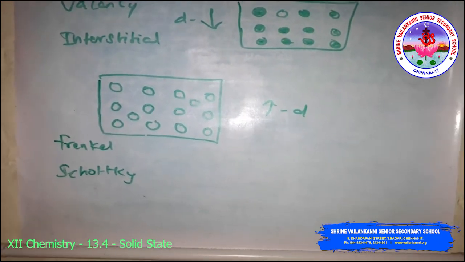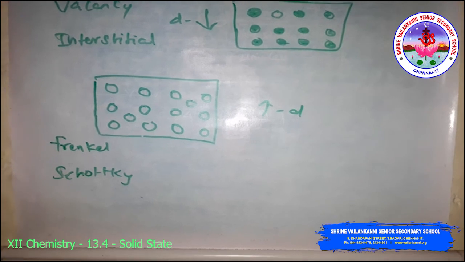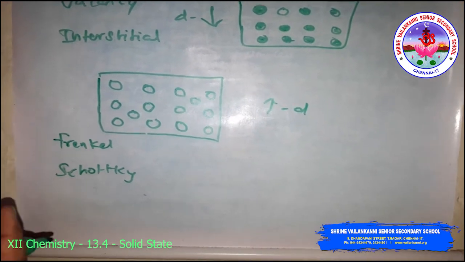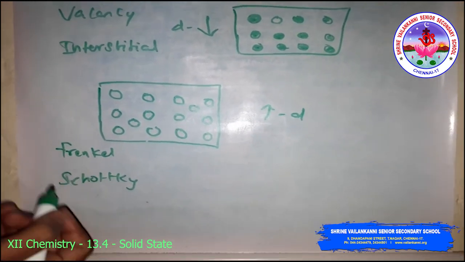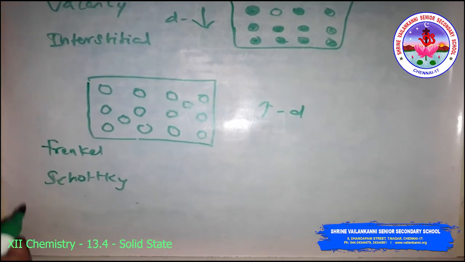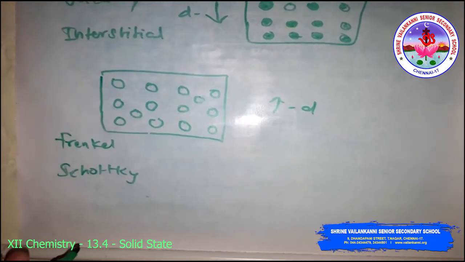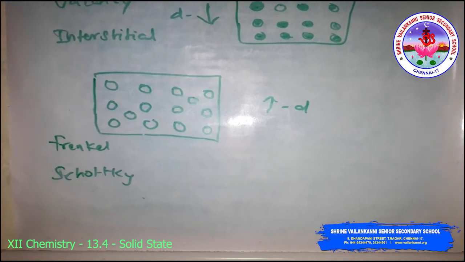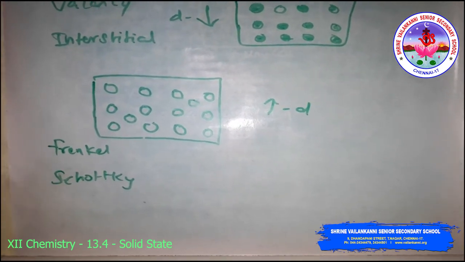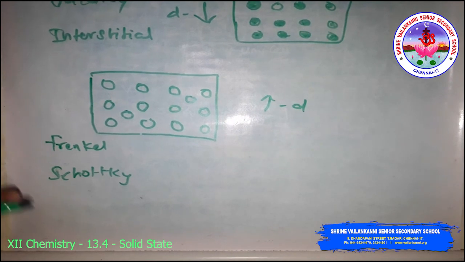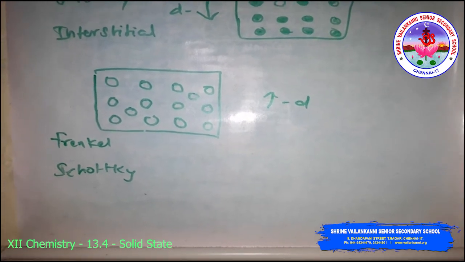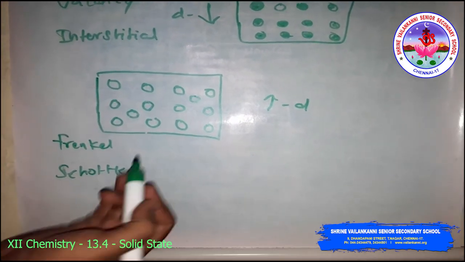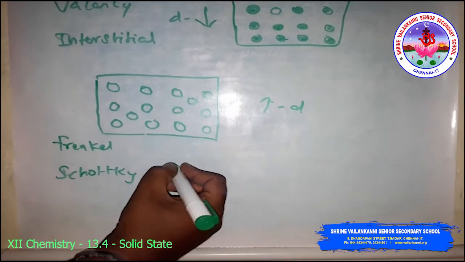Frenkel defect. First, the Frenkel defect. The Frenkel defect is a defect usually shown in ionic solids. The smaller ion, that is the cation, is dislocated from its normal site to an interstitial site. It creates a vacancy defect at its original site and an interstitial defect in the new location. For example,